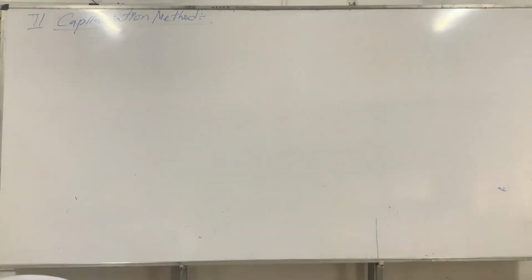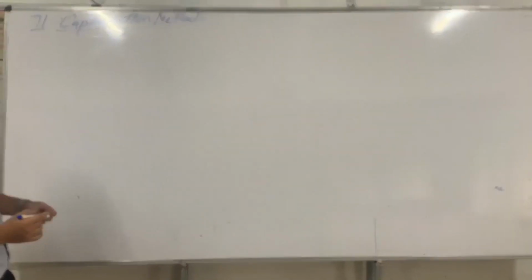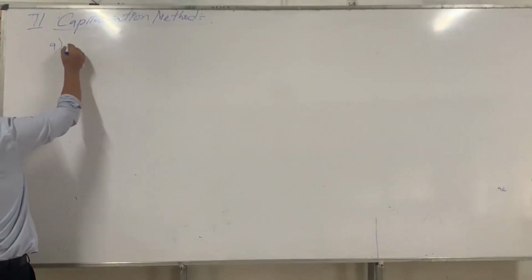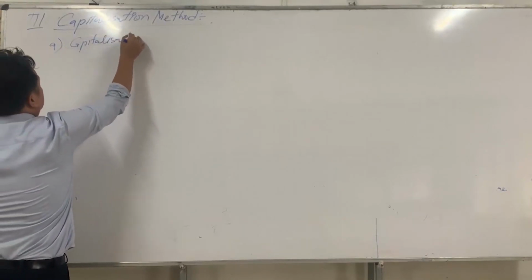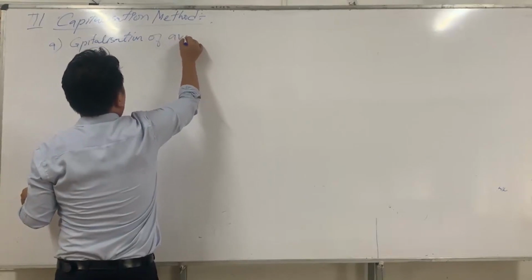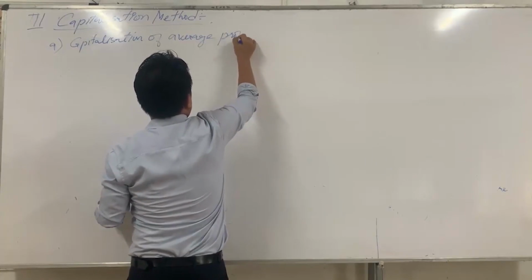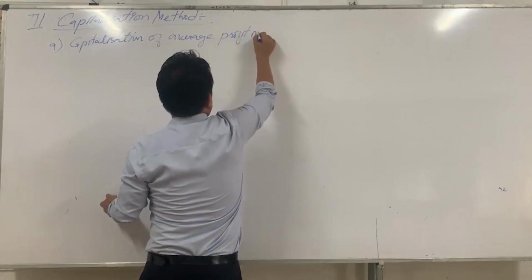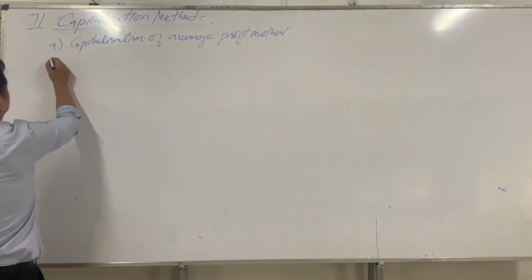Okay, so under this method, goodwill can be calculated in 2 ways. First, the capitalization of average profit method. And the second one is